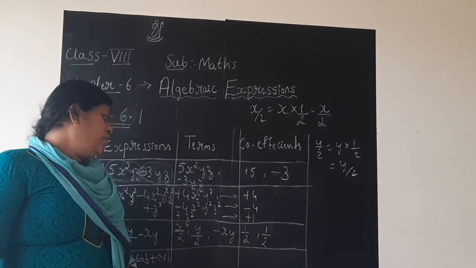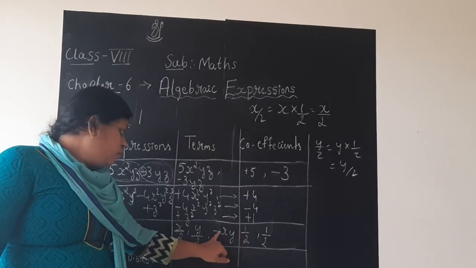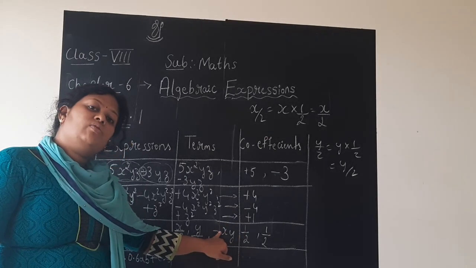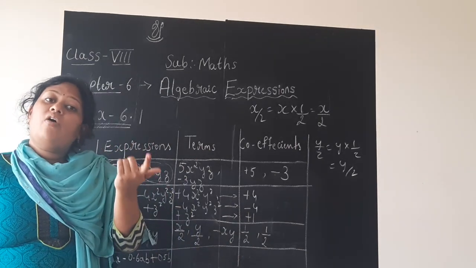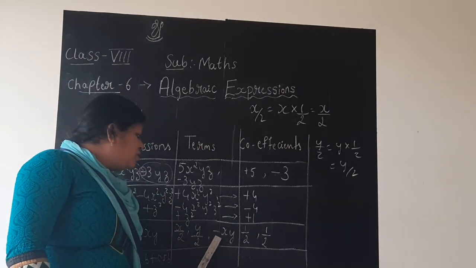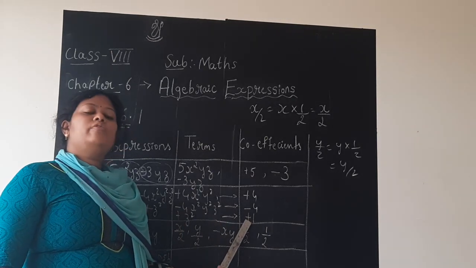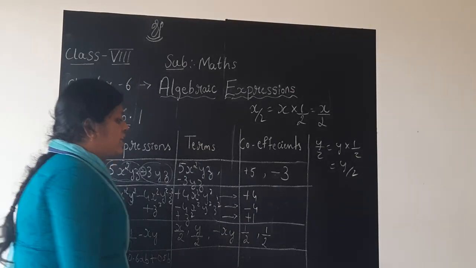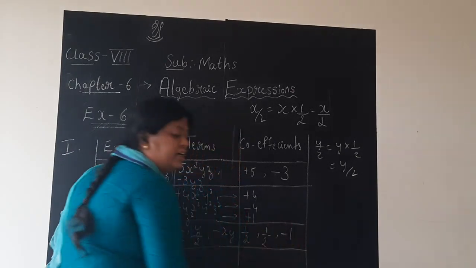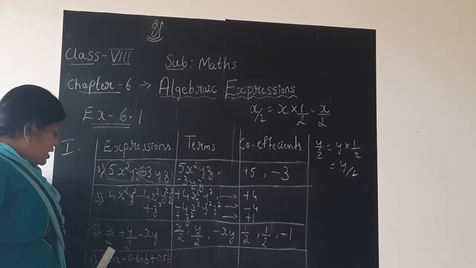Similarly, xy you have. I don't want xy, I want its coefficient. If no numbers are written, then what is its coefficient? Just now we learned it is always 1. Plus 1 or minus 1, it depends on the sign of that term. Here plus z square was there, so we wrote plus 1 as its coefficient. Here minus xy is there, so its coefficient is clearly minus 1. Hope it is clear to you.